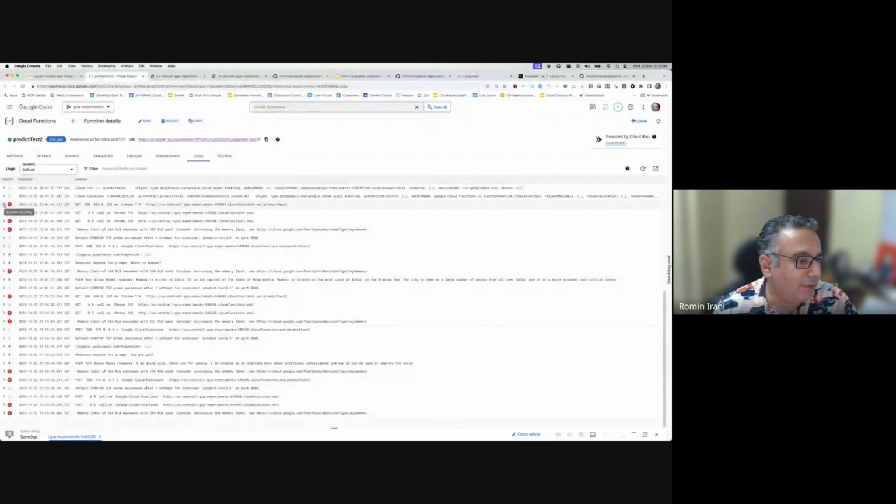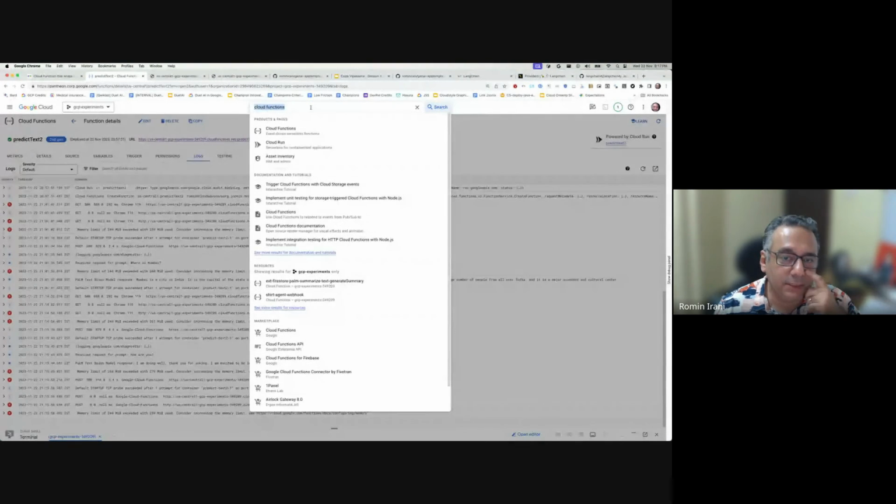Did it solve that? Maybe you just called it directly. How do you go to the cloud functions page? Yeah, this can be tricky at times. There are multiple ways. One is you see this search bar on